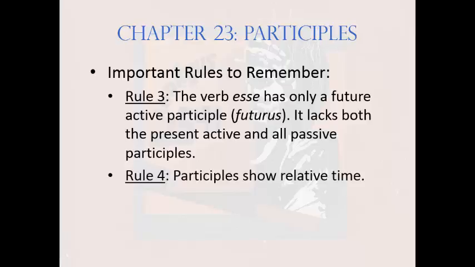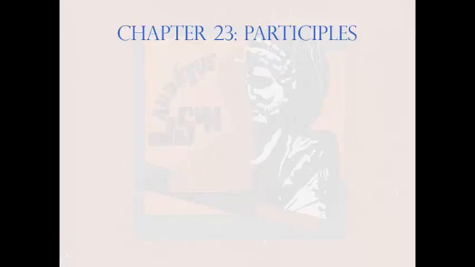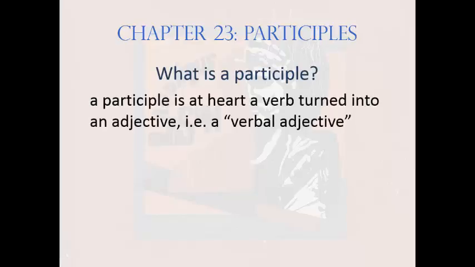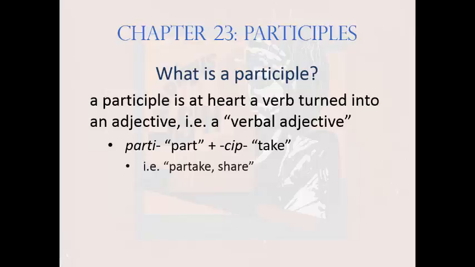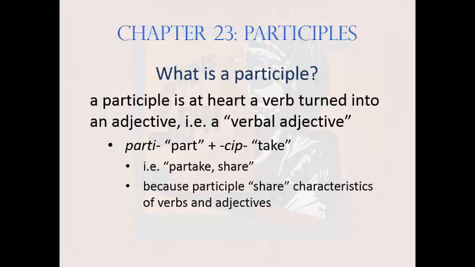Rule 4. Participles show relative time. What are participles? At heart, participles are verbs which have been turned into adjectives. Thus, technically, participles are verbal adjectives. The first part of the word, parti, means part. The second part, kip or sip, means take, indicating that participles partake or share in the characteristics of both verbs